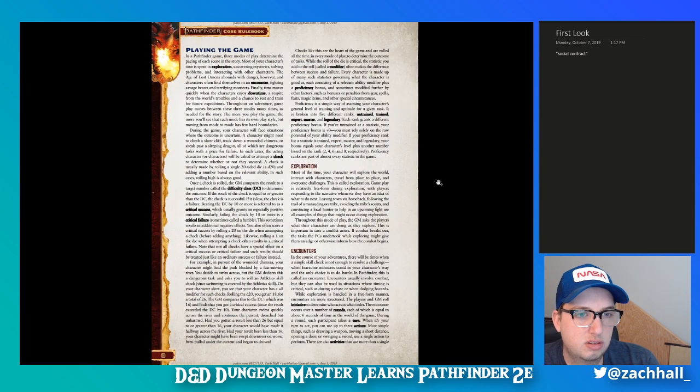Creating narrative. Playing the game. So it looks like we have exploration, encounters, downtime. Seems like if D&D has 3 pillars, then similar 3 pillars. It'll be interesting to see how exploration is played out, because in my experience I found